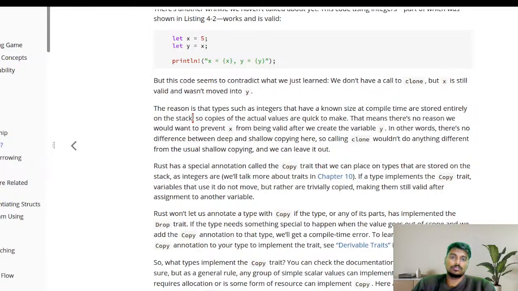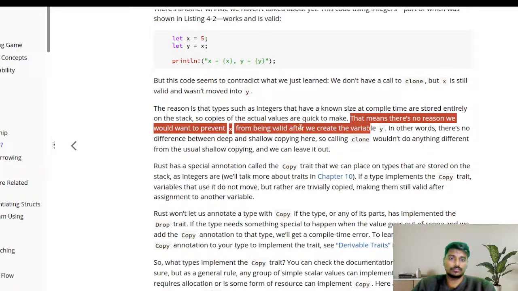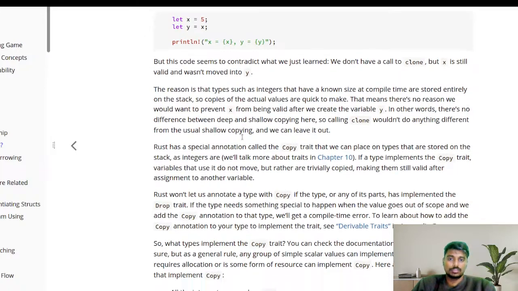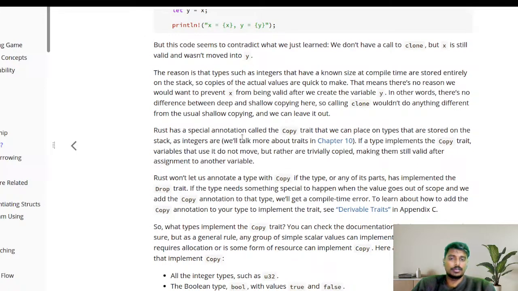क्योंकि स्टैक में स्टोर होते हैं। So copies of actual value are quick to make, so that means there is no reason we want to prevent x from being valid after. सो ठीक है, रस्ट में इंटरनली हैंडल हो रखा है कि अगर जो स्टैक पे स्टोर होता है उसको क्लोन करने की जरूरत नहीं है when we are trying to copy that value. Called the Copy trait, मतलब क्लोन नहीं है, कॉपी बोलते हैं। ठीक है, तो मतलब कॉपी ट्रेट मतलब समझ लो कि फीचर है।